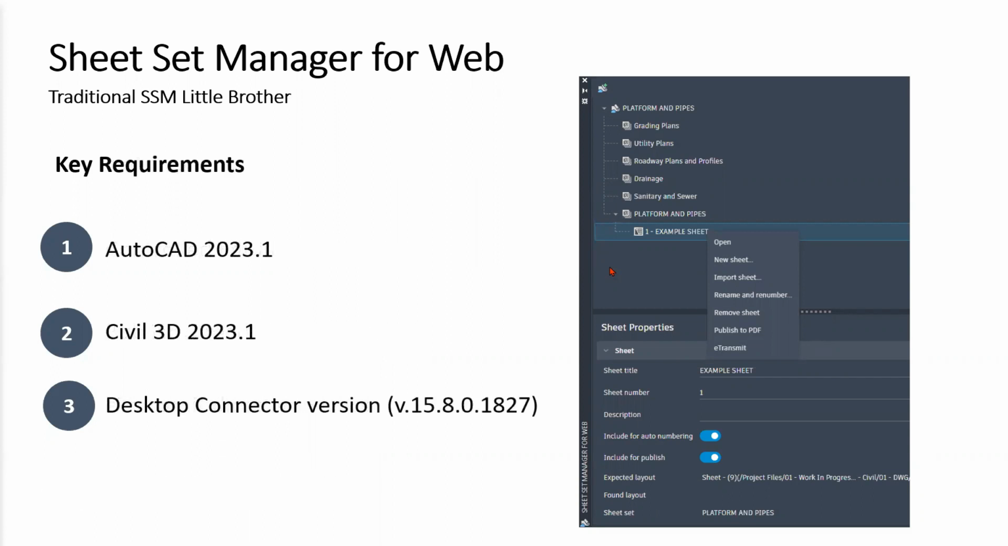Before we get into the demo, this is just a word of caution. For this new feature to work, you will need to have some key requirements. If you're using AutoCAD instead of Civil 3D, then you need AutoCAD 2023.1. If you're using Civil 3D, then you need Civil 3D 2023.1. As far as I'm aware, this feature is not available for any of the past versions. It's only